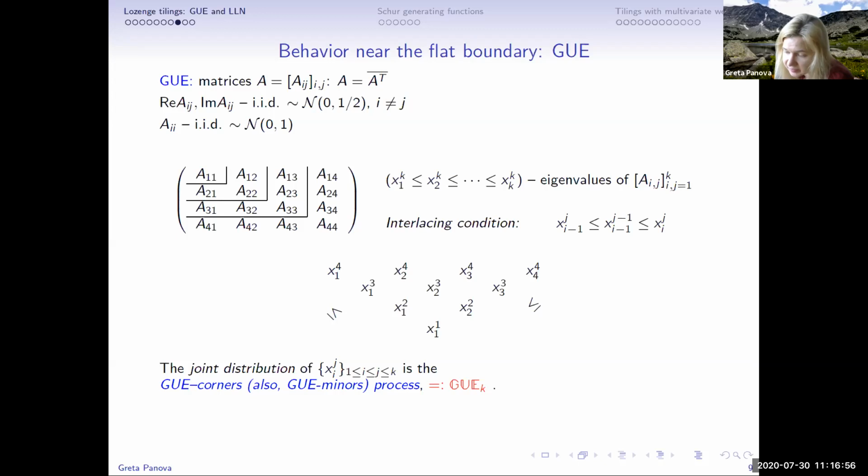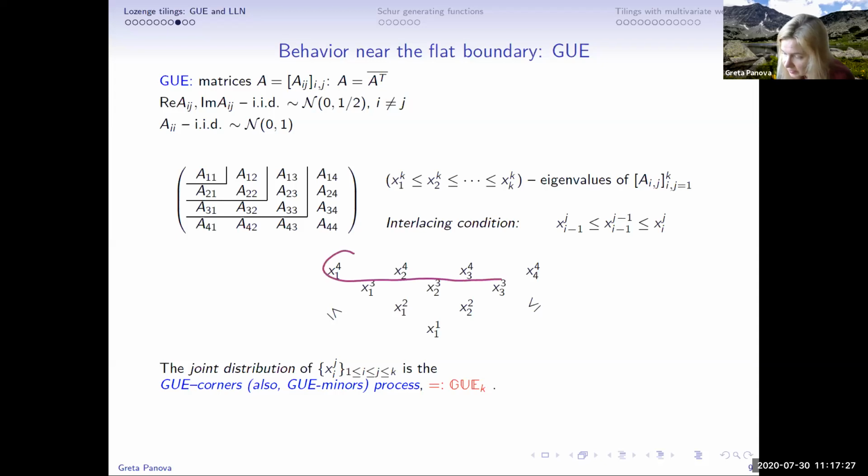The last one is, in this case, of size 4 by 4. We are going to look at the 3 by 3, 2 by 2, and 1 by 1. For each matrix, we take the correspondingly many eigenvalues. We list them in a weakly increasing way. Then it's a linear algebra fact that they're going to be real, and they're also going to be interlacing. So they will satisfy these